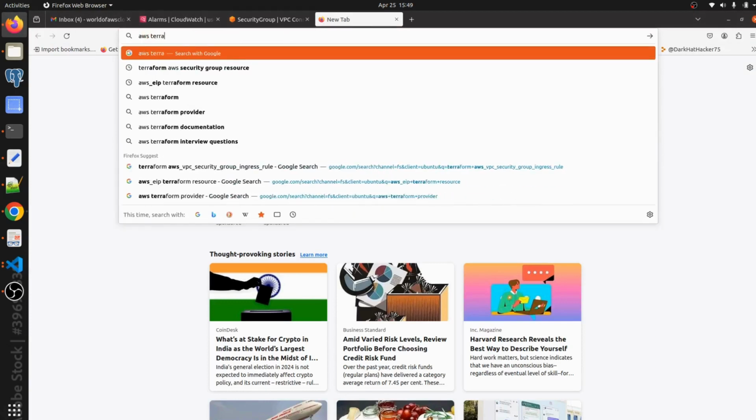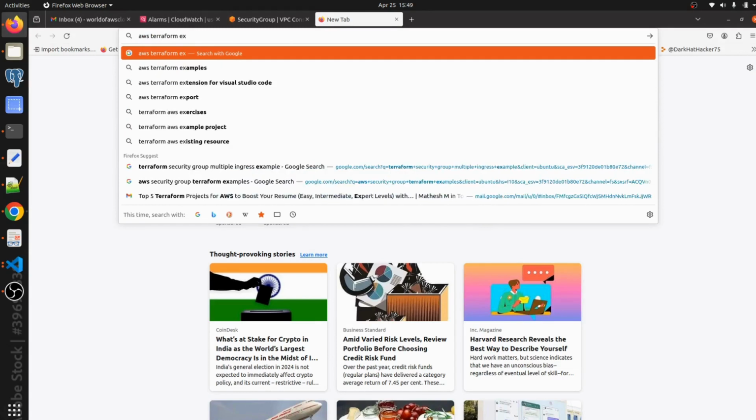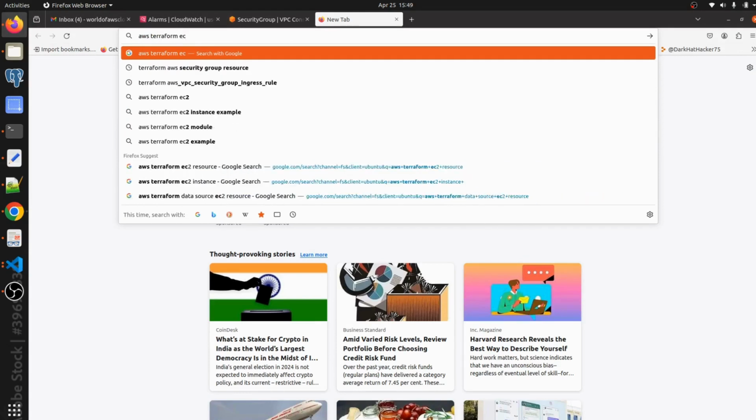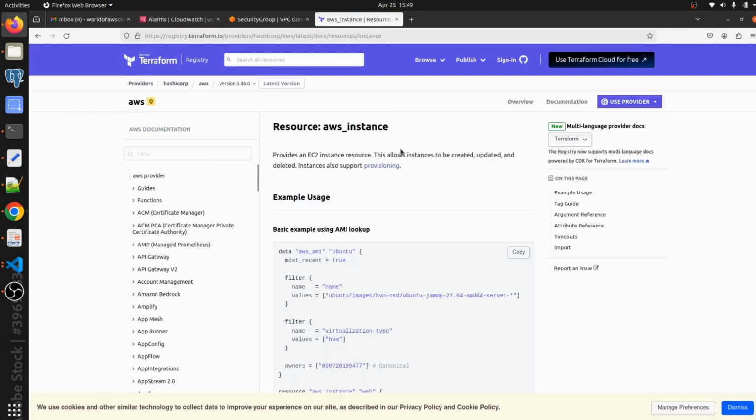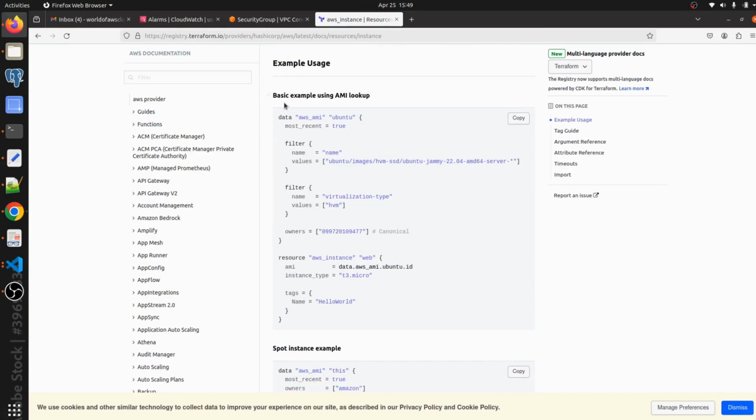AWS Terraform EC2 instance. Let's open this, and here you can see a basic example using AMI lookup. Let's copy this script and